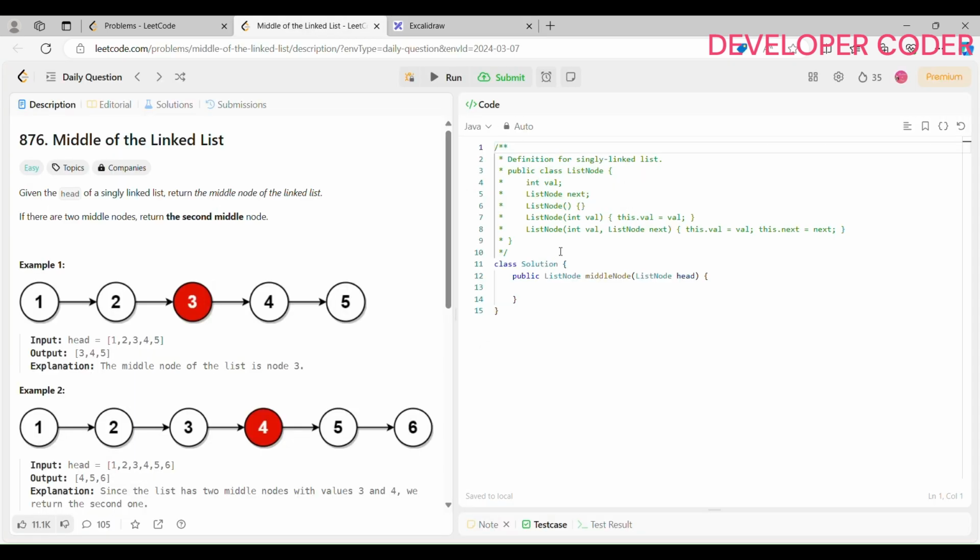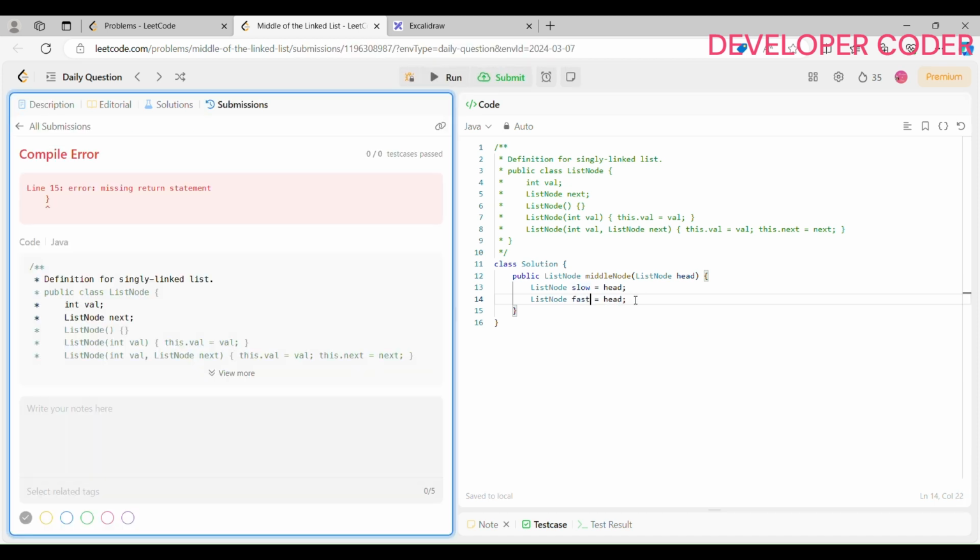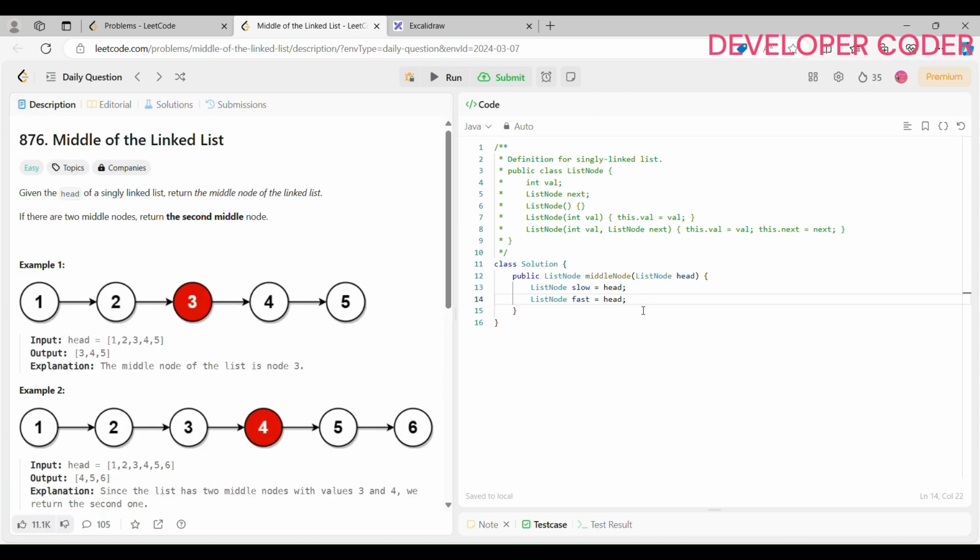So code is going to be very simple for this problem. Just a few lines. Both slow and fast pointers right now are at head, right? ListNode slow is equal to head. ListNode fast is equal to head. So both are at head right now, and inside this I am going to run one while loop